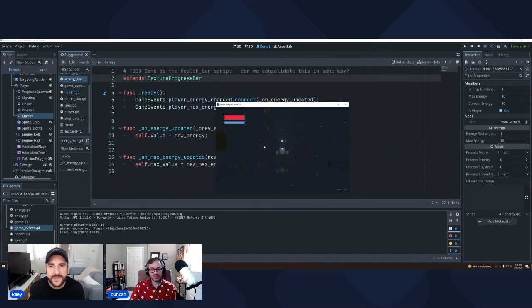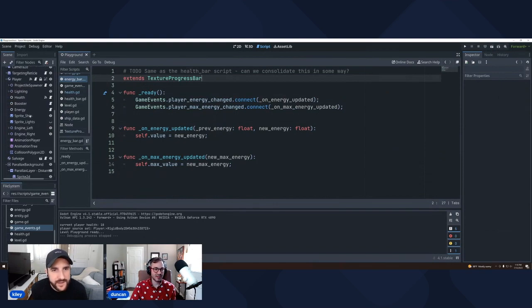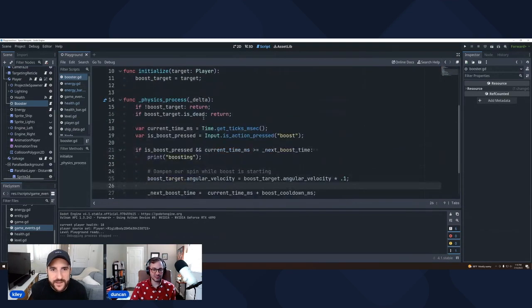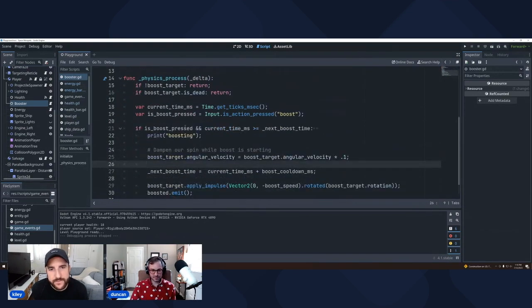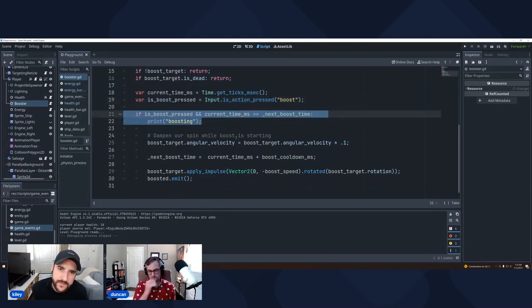So basically what we would do is, what's interesting is I created a booster component and it's on the ship right here. And this is actually the thing that's listening for the key press, and it's executing the boost itself.